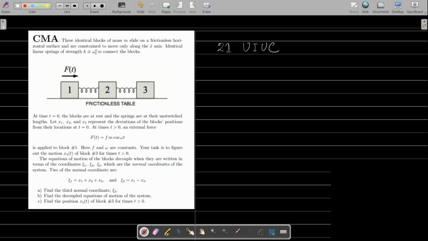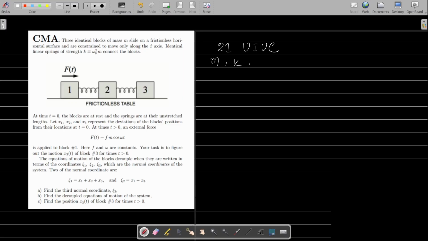Before that, let me describe what's in the question. We have a system of three identical masses connected using springs with strength K, which is defined by omega naught squared m. The masses are given by m, the spring constant is K, and it is also given that